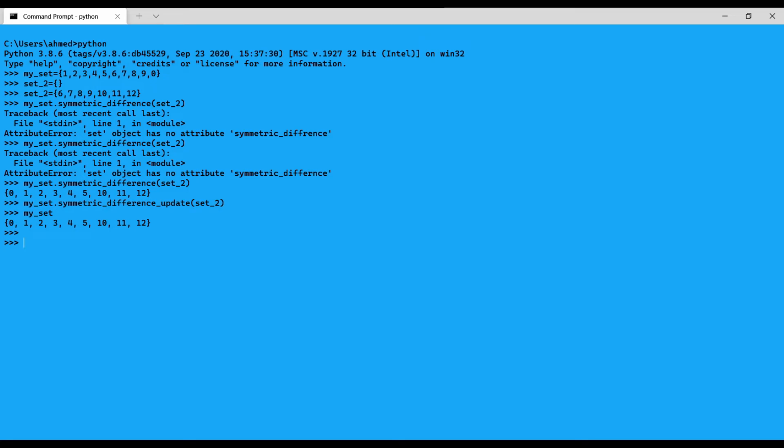And now let's see first set 2 and my set, and now I will use the union built-in function, which returns the union of my set and set 2. So here, for example, my set dot union set 2. So here, as you can see, the values: all the items from my set and all the items from set 2,